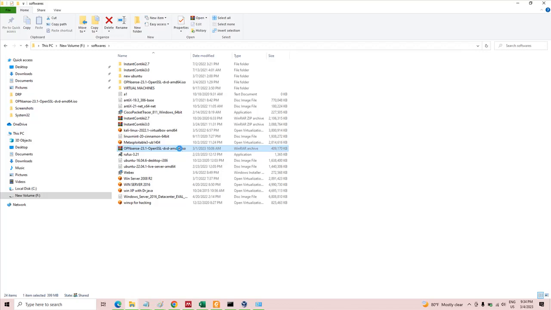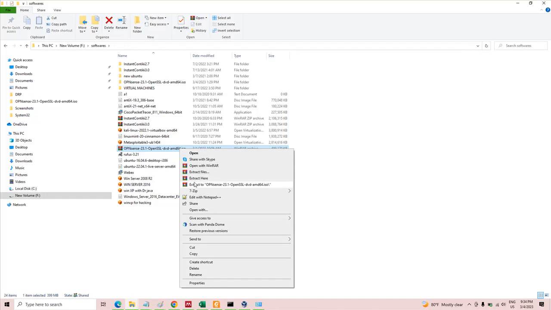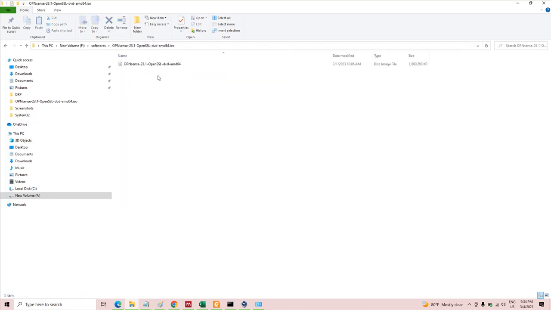So just right click and extract. Okay, extract to OPNsense.iso folder. So I have already done that, and this ISO file is in this folder. Okay, so once the file has been downloaded, then we are ready to go to the